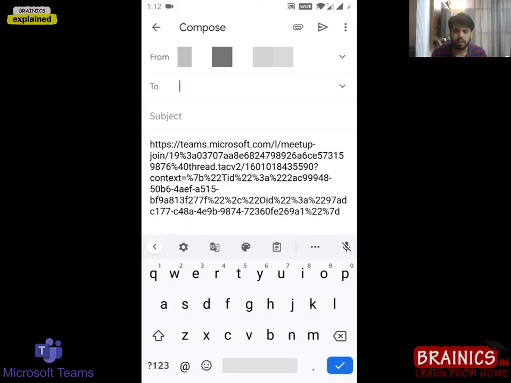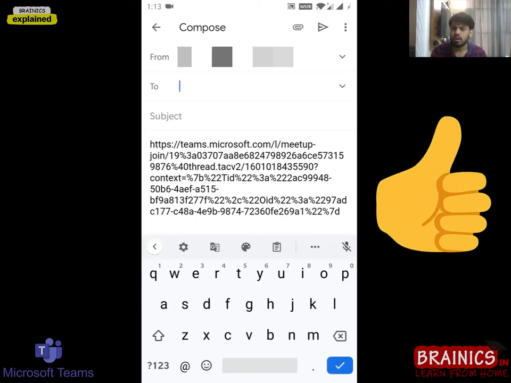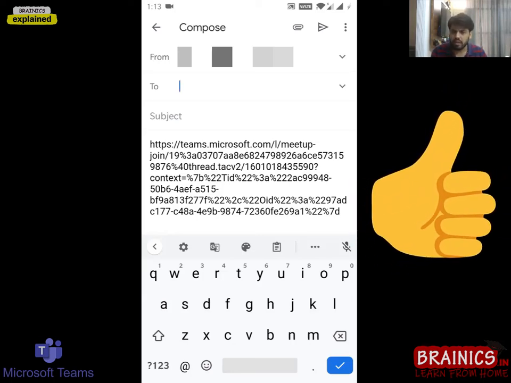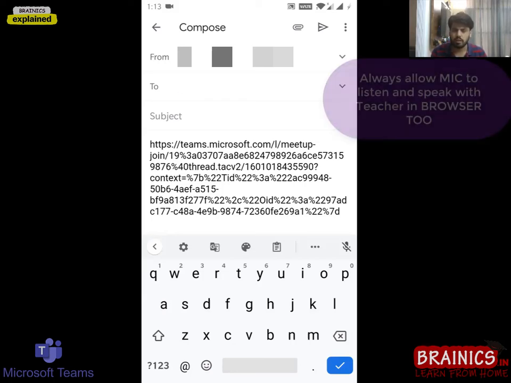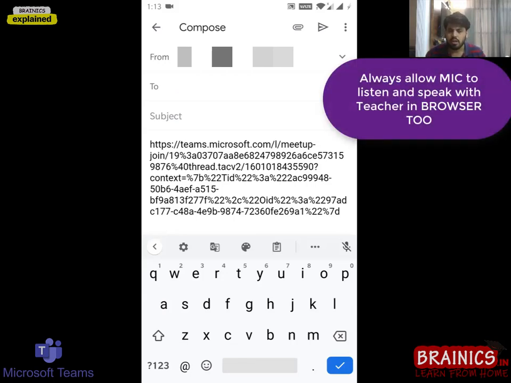Definitely it will ask you whether to install Teams on your laptop or take the classes in your browser. You can choose to take the classes in the browser so that you are redirected to the browser. There is no need to install any particular app if you are using Microsoft Edge. If you are using a different browser like Opera or something like that, the scenario might be different, and then you might need to install Teams on your PC also. That is very easy. If you want me to make that video, I'll give you a brief introduction of it also. I think I am very clear to you till now.